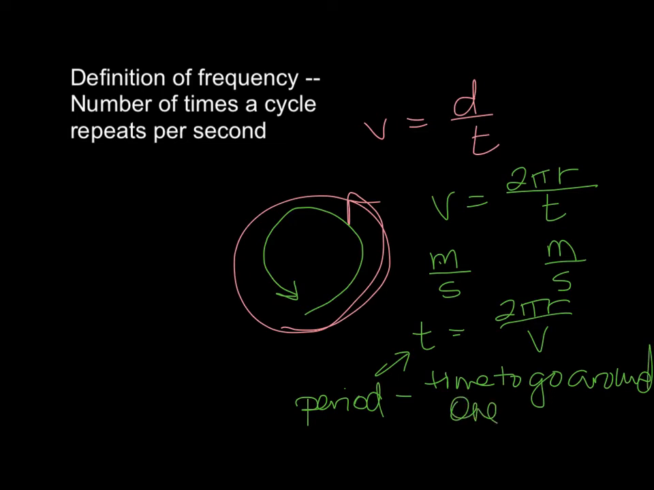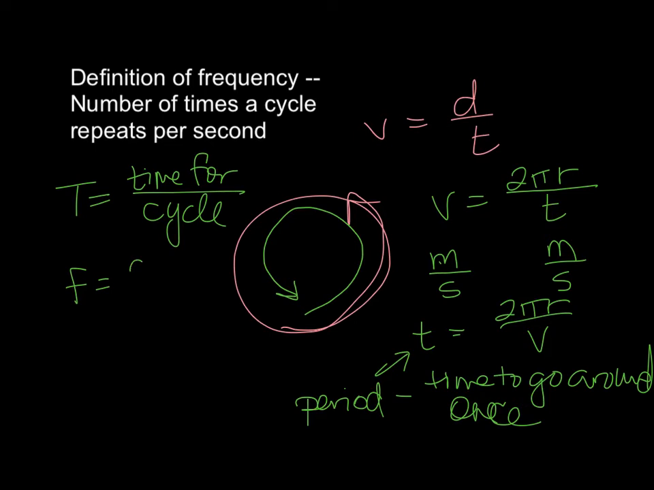The time for one cycle. Okay? Time to go around once. And there's a very interesting relationship between the frequency and the period, because if you think about it, the period is the time for one cycle. So our period is the time for one cycle, time per cycle,